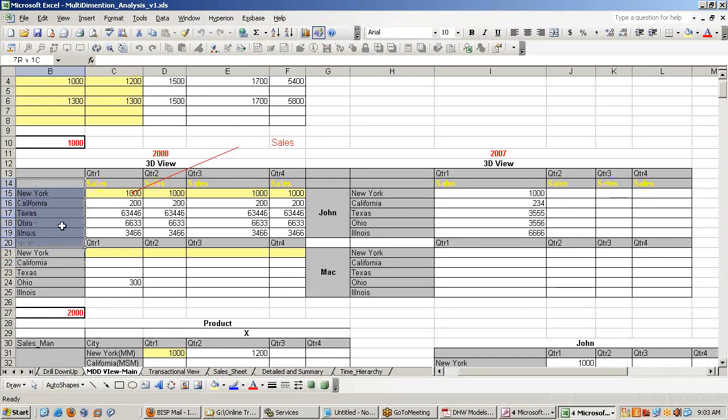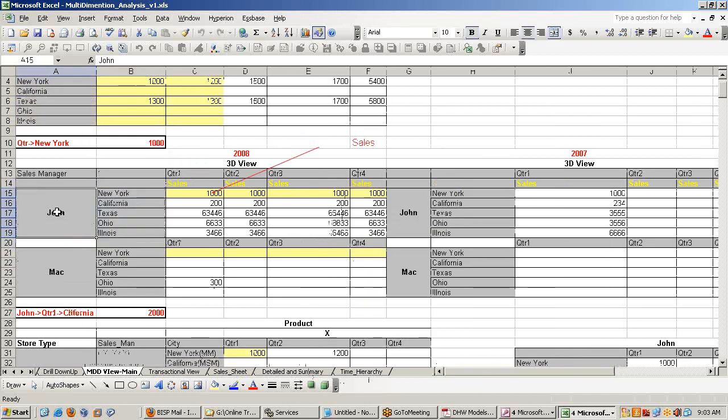One dimension is province. John, sales manager, is one dimension, province is another dimension, and time is another dimension, and the intersection of all three is the data.